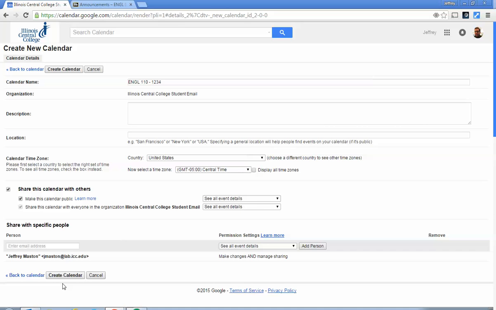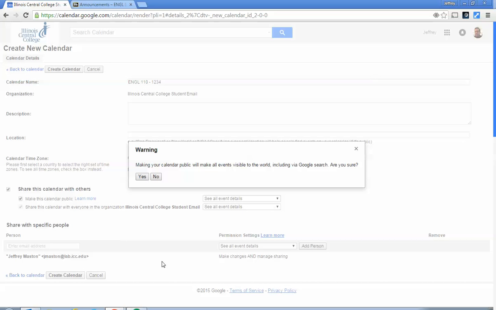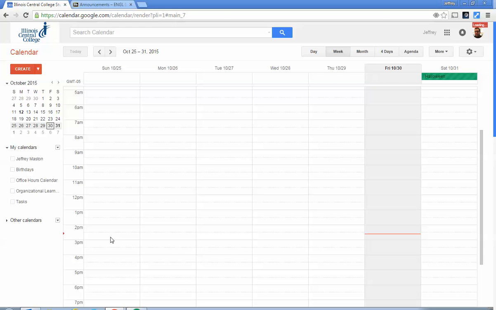So I'm ready to create my calendar now. I'll go ahead and hit the create calendar button. And yes, I do want to make it publicly available. That's the options I chose. Okay, so in a second here, there it is, English 110, section 1234,